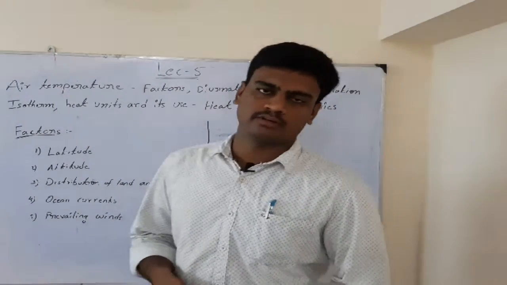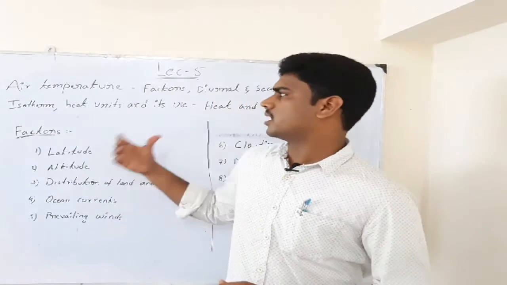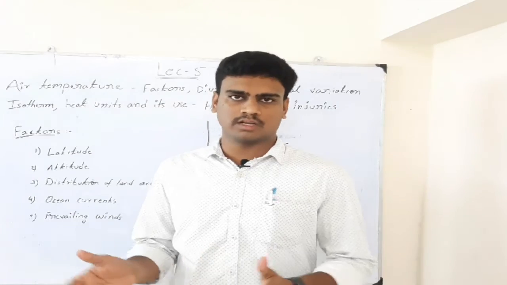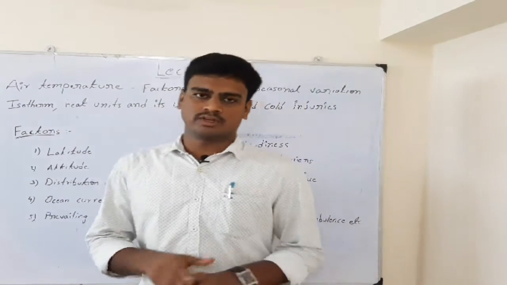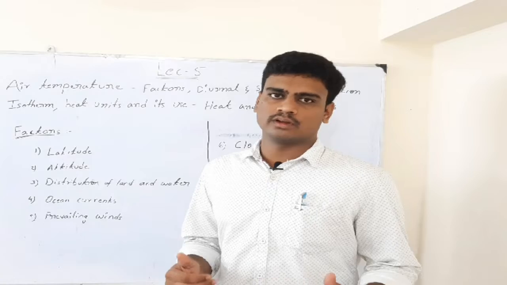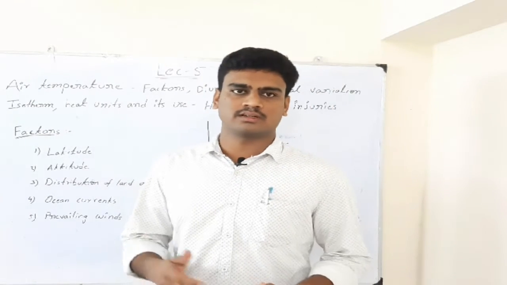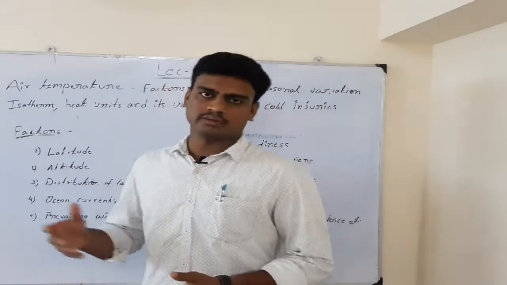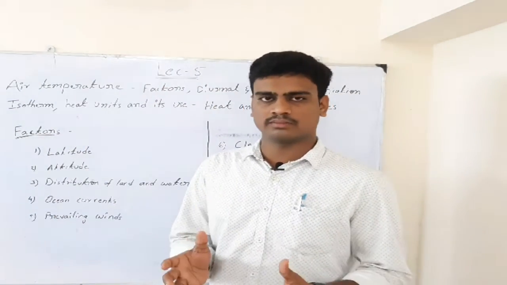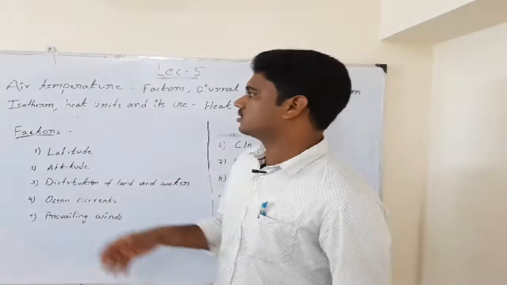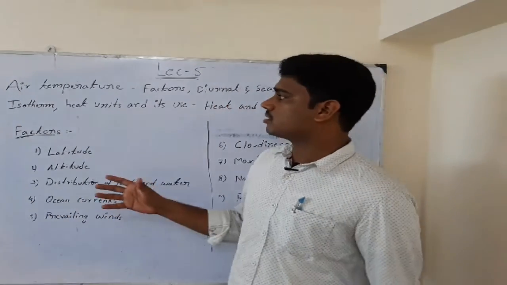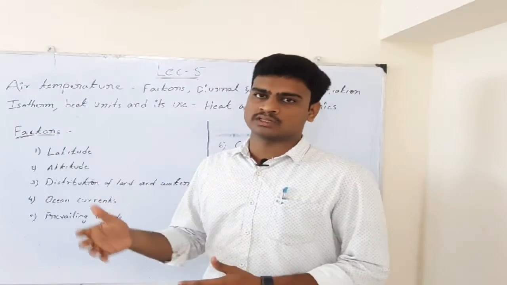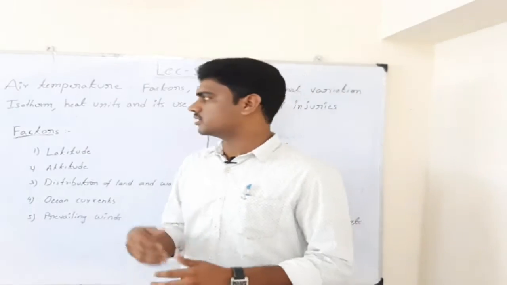So in short, to understand better, I can say air temperature means transferring of heat from one molecule to another molecule in the air. Already I explained about the transfer of heat and the different modes. First one is conduction, second one is convection, and the third one is radiation. Three types are there. So in air temperature also it will be conduction, convection and radiation. By all these means the temperature can be transferred. So in this lecture we are going to discuss all about air temperature, how air temperature varies, by what factors, and how it transfers from one place to the other place.